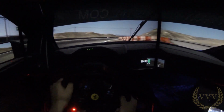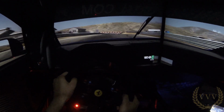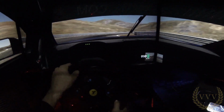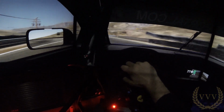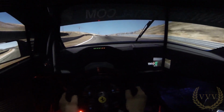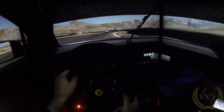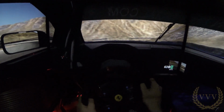Again, just trying to close. Oversteering just a bit too much there. A very small amount of dirt there, could have been curtains for me. Just trying to hook up that section, but tricky one there. Occasionally I hit the limiter in this car, and I'm thinking, should I shift up? But then I don't want to. I almost want the limiter to simply limit my speed occasionally. That would put a lot of pressure on the gearbox, but I don't want to shift up sometimes because I know I'm immediately shifting down. So lifting a little bit, coasting, and then